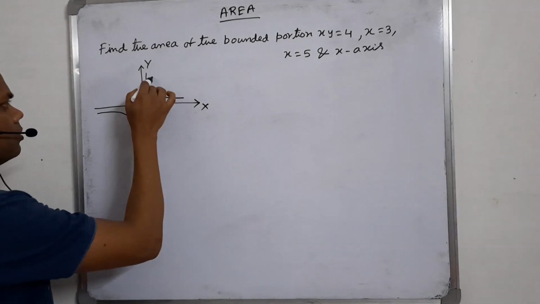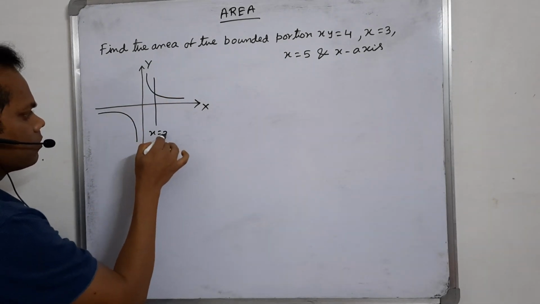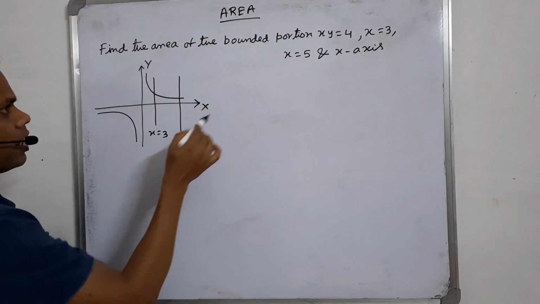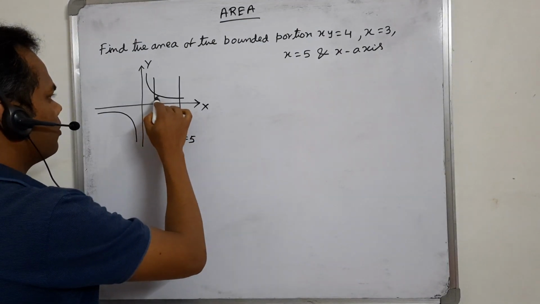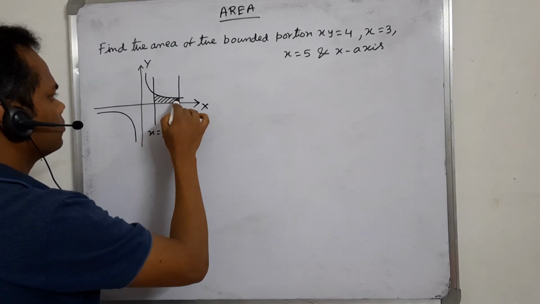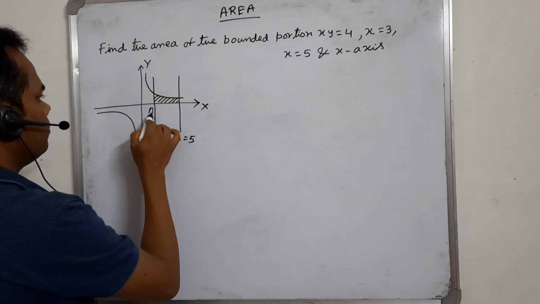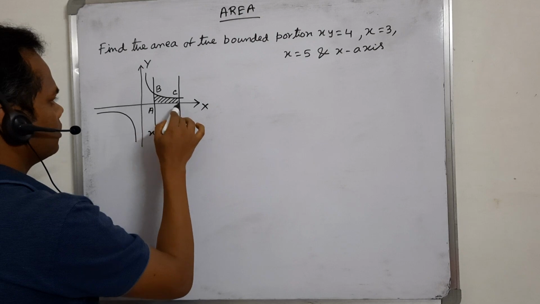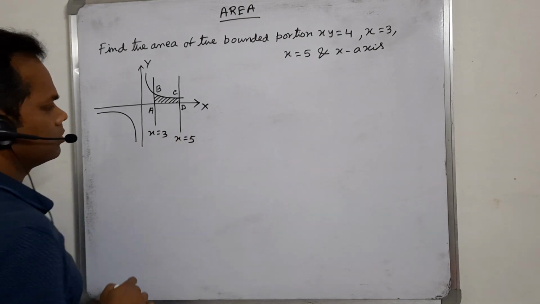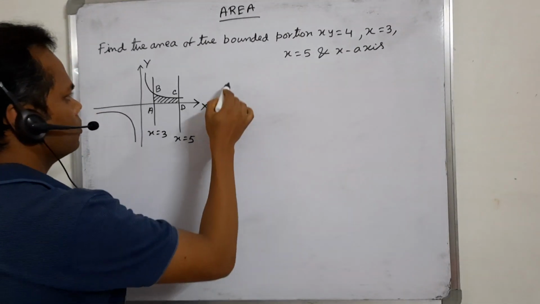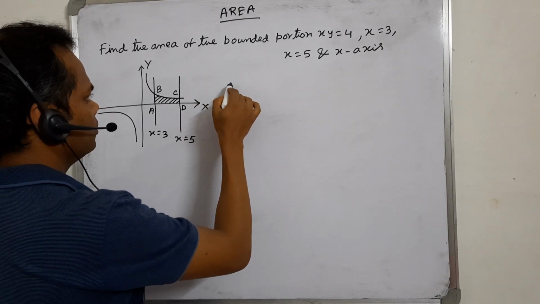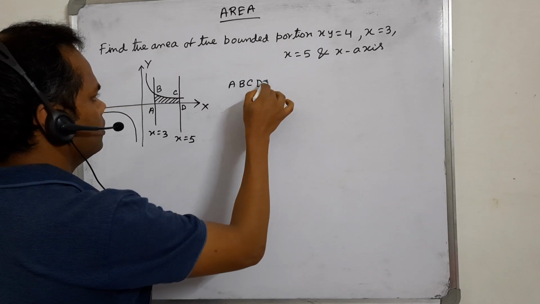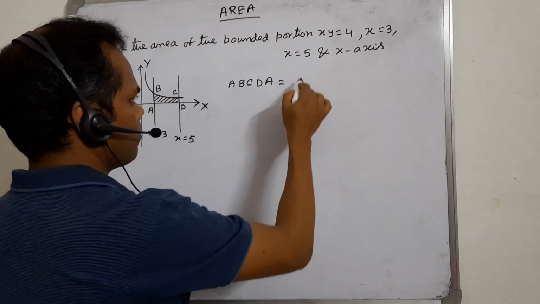x equal to 3, x equal to 5, and the x-axis is the x-axis. So the bounded portion is this one. This is A, B, C, D. So the area of the bounded portion A, B, C, D, A is equal to